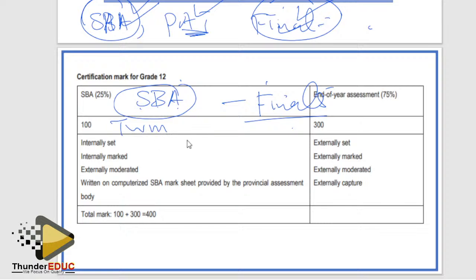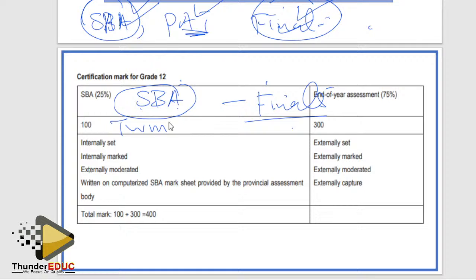You have to ask your teacher. You have a right to ask your teacher how much, sir, how much, ma'am, in a good way. And don't just go there with a rough face and ask how much did I get. No, just ask them how much, sir, did I get, maybe, so that you know exactly how much you got. Now you calculate what you have done, and then you see how much you expect to get. If you get something which is too low at the end of the year, then there must be something not right. Maybe you can apply for a remark. If you're not satisfied, you can do what you think is right for you to upgrade those marks.